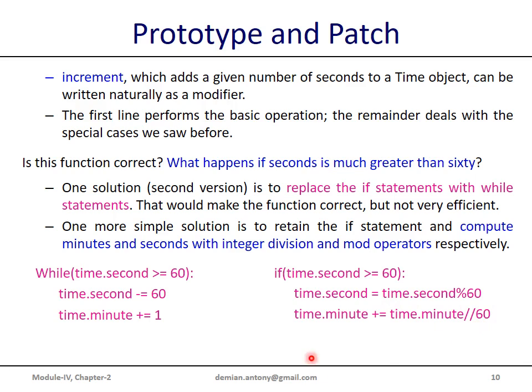The same thing can be done for the minutes attribute. If time.minute is greater than or equal to 60, here we write time.minute and here time.hour, and we change the attributes accordingly. So that's how we can enhance the basic increment function